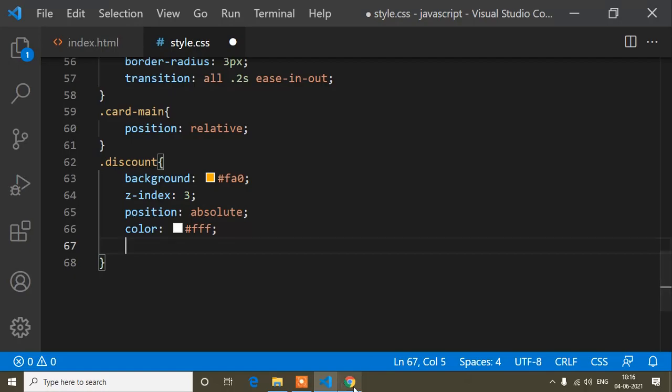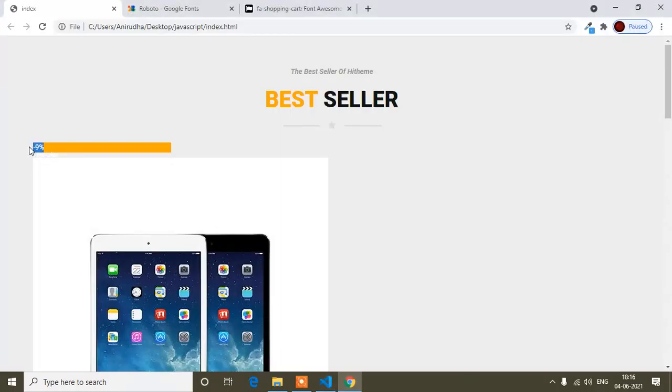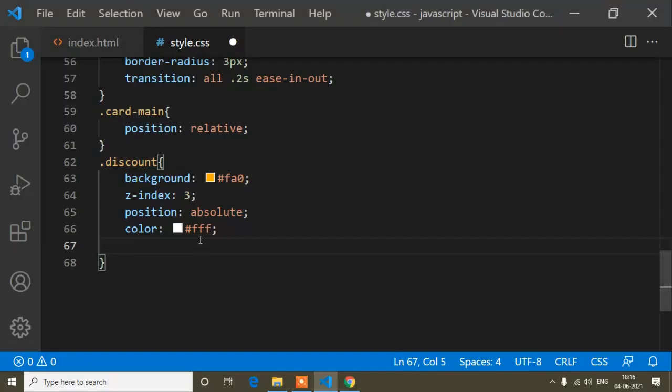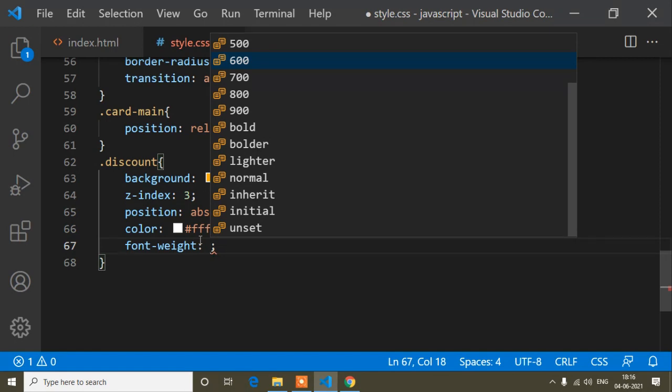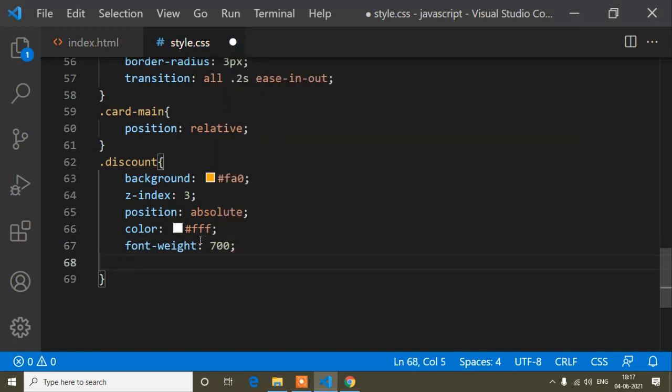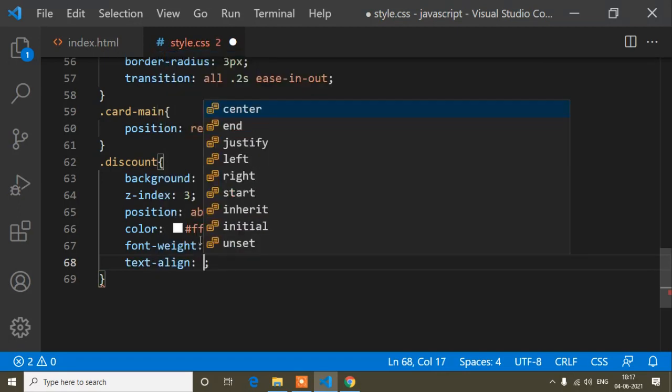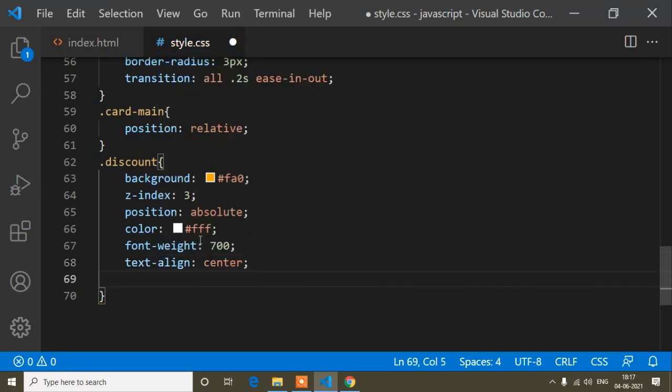And the color is white, I mean inside this discount the content is -9%. So -9% color will be white. And now font weight will be 700, and another, text align center, that means this -9% content will come in the center.